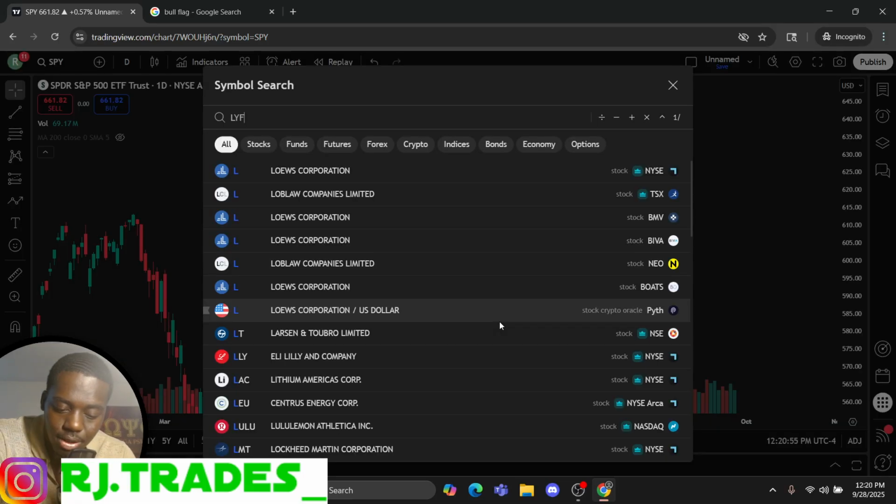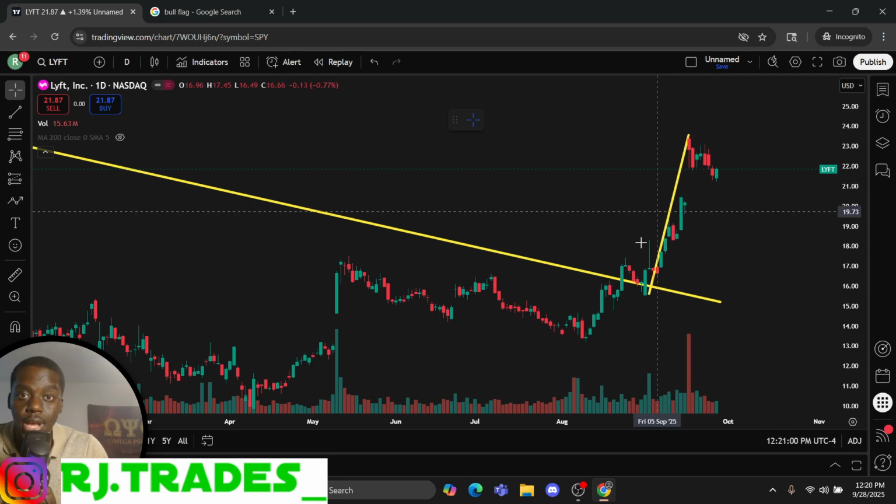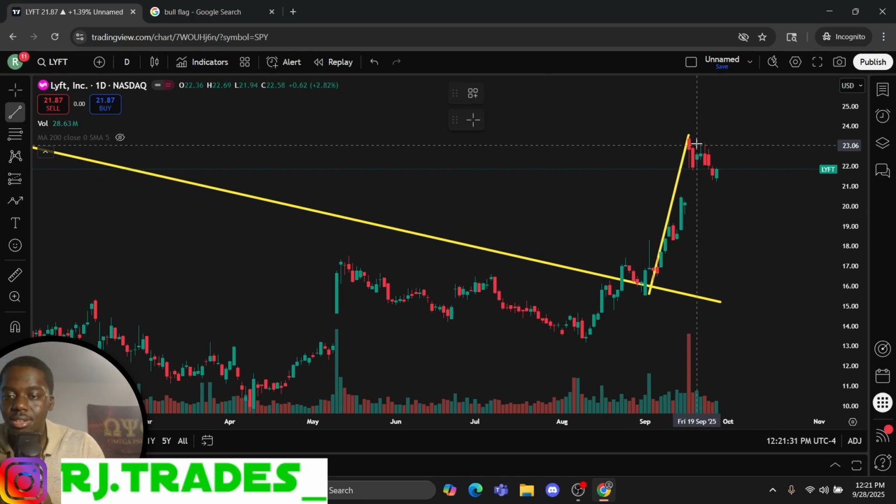Now, Lyft actually looked like it may be trying to form that. What do we have? We have our pole. We have our run up. When you see a stock that has a run up, that should start intriguing you. That should say, okay, a stock can't run forever. It's going to cool down. When it is done cooling down, I need to be in it because the probability is on my side that it's going to keep going. And until it shows me that it's not, I'm going to keep betting on it to go up. Why jump in front of a moving train? Why are you trying to stop a moving train? Right? Okay.